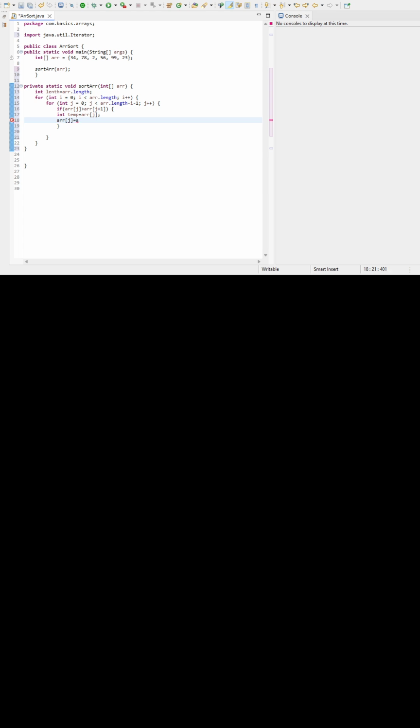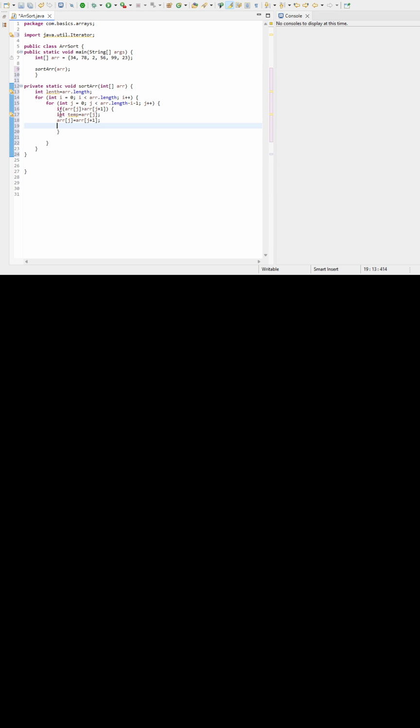Means the next element we will store in the current position. So the element at index j plus 1 will get stored at arr of j, and now